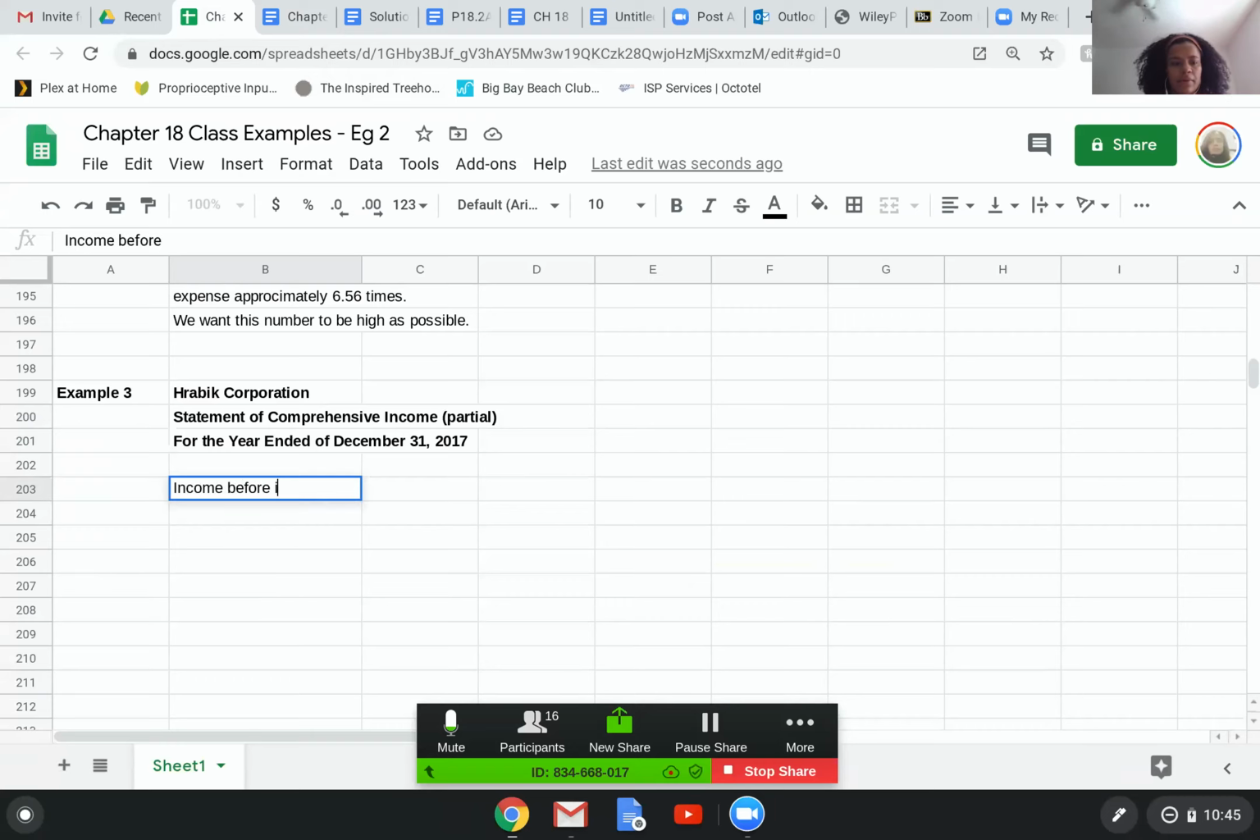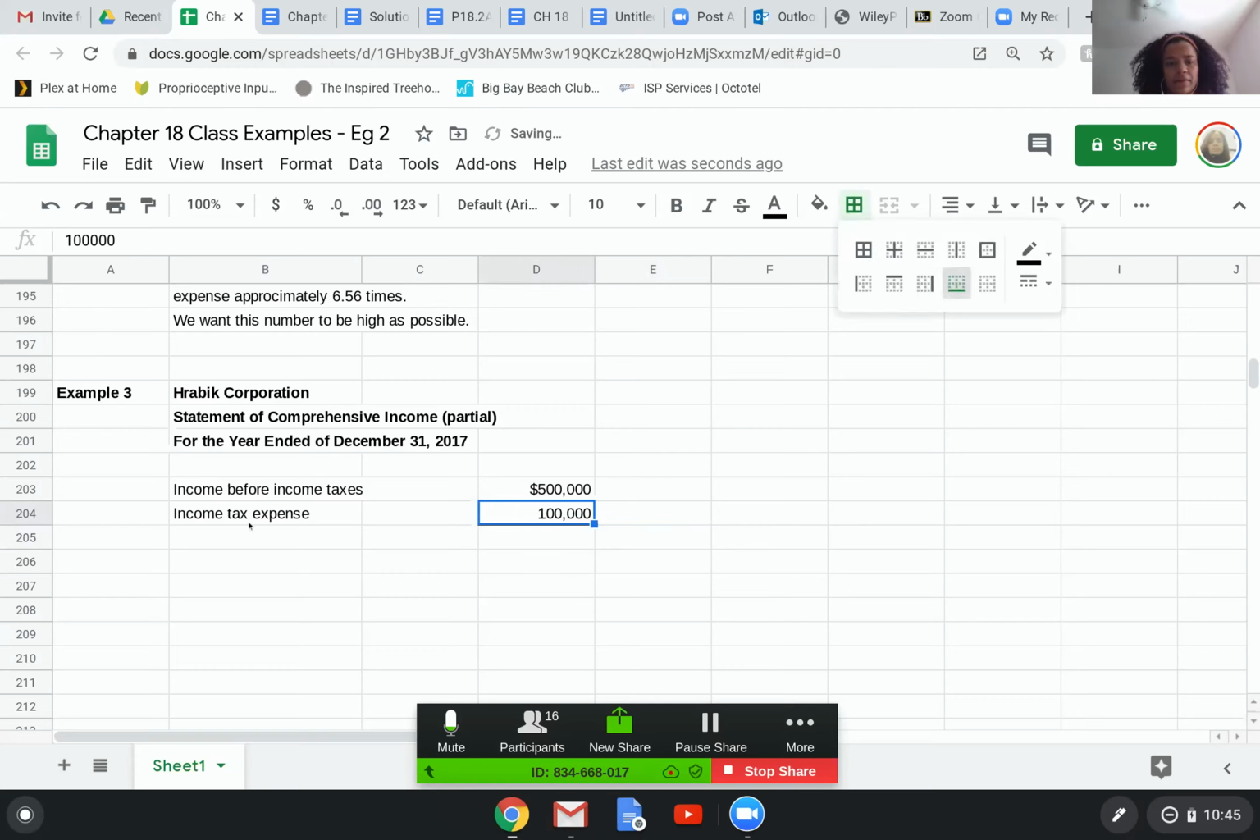So you're basically arranging these items in the appropriate format, which is why I said you just practice and then have the stuff ready. So income before income taxes, then you've of course got the income tax expense, which has already been calculated for you. You can write this as a negative number if you want to, but you don't have to, all right? And then after this is